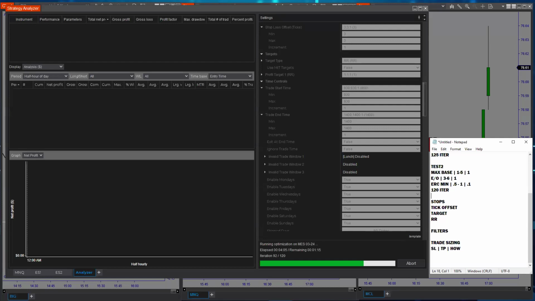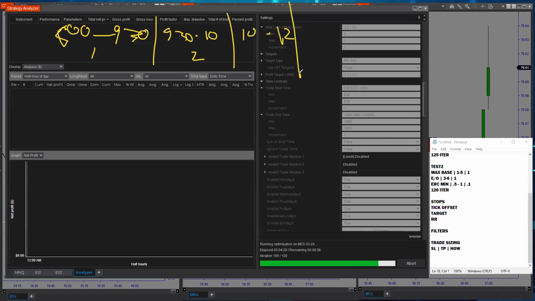My take is 8 o'clock to 9:30. You guys have probably seen me go over this before. 8 to 9:30 is going to be one type of market, we're just assuming ES here for a second. 9:30 to 10 is a different type of market. 10 to noon, different type of market. Noon to 2:30, different type of market, right? So you may find that it makes sense to optimize every one of these separately and run 4 different settings